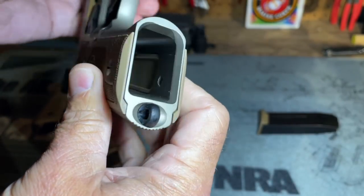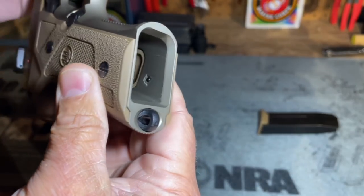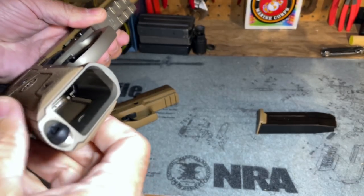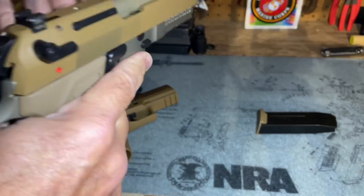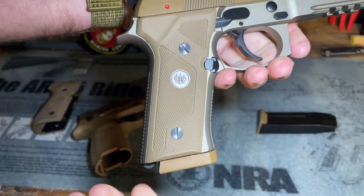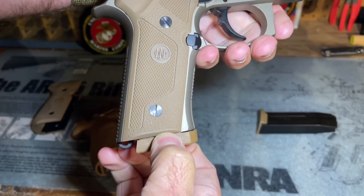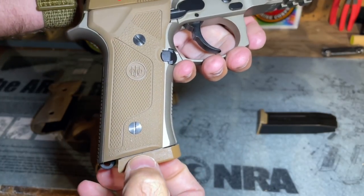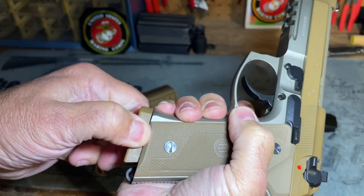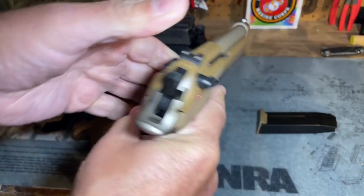Turning our attention toward the butt of the pistol and the magazine well, we can see the lanyard loop here on the butt of the M9A3, and also we see that the magazine well is pretty well beveled to assist with reloads. Now, one of the things we don't see here that we see on most of the pistols that were submitted for the modular handgun system is some sort of an accommodation to be able to grasp the base plate of the magazine and pull it out of there if the magazine is stuck. But it is a pretty big base plate to get a hold of, and I think if the shooter had to, he or she could grab that thing and yank it out of there. But it might not be quite as easy to do